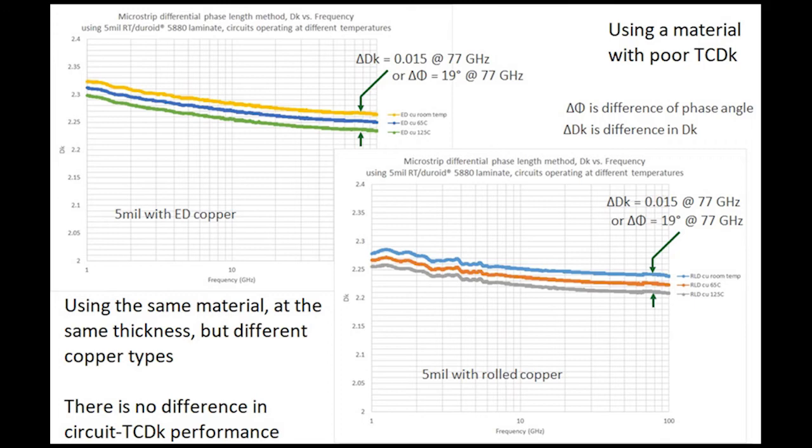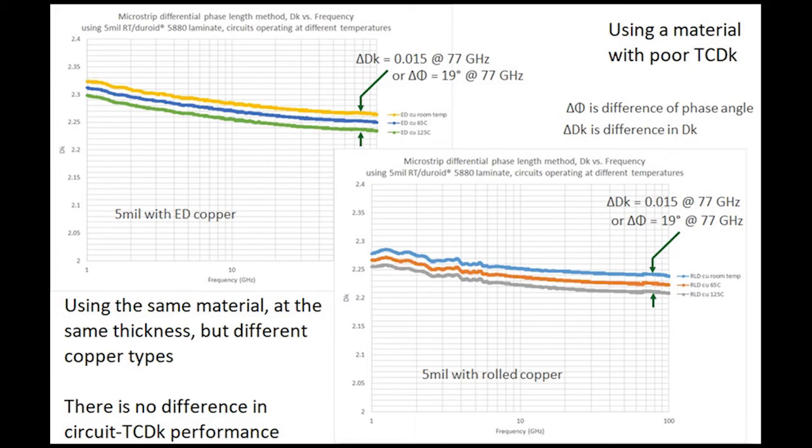And what we found after going through the different temperature testing was that there was absolutely no difference between these two sets of circuits, that the TCDk and the temperature changes had no effect on these two different circuits. So even though it's the same material with a poor TCDk, when you have differences of copper only, it looks like the copper change due to conductivity and being heated is not significant, and it was not picked up at